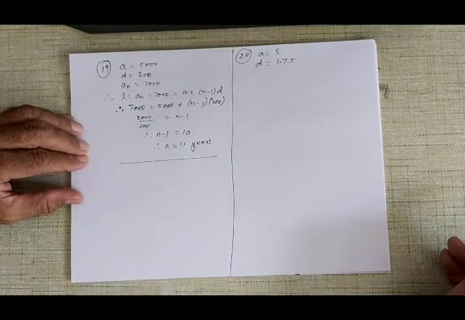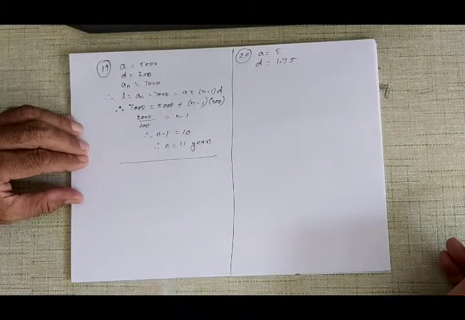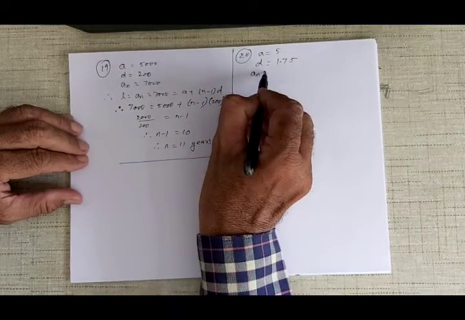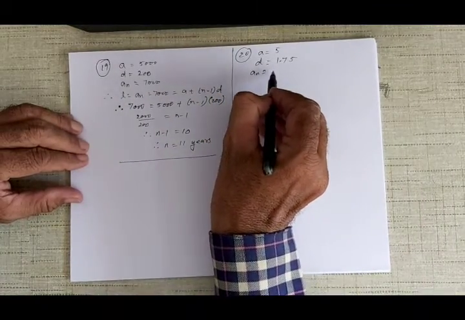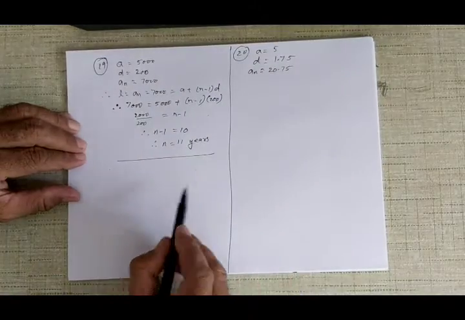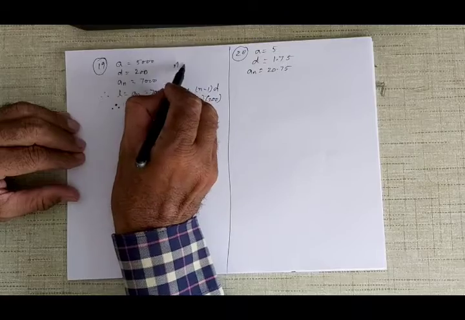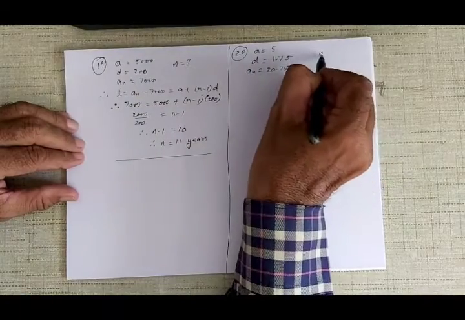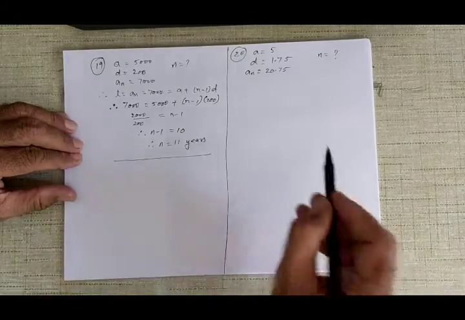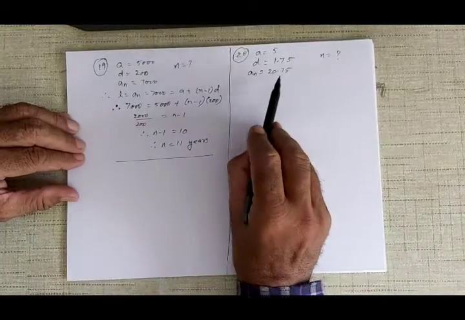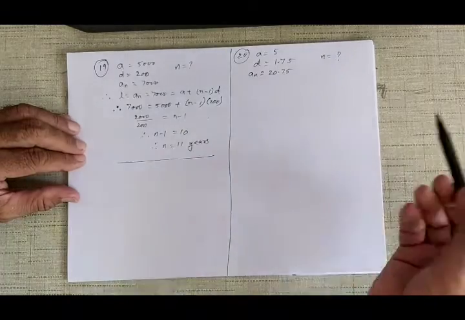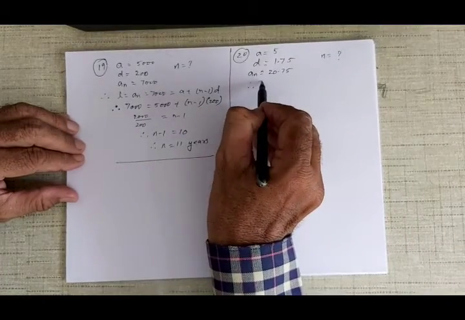She is to increase her savings. In the nth week, her weekly salary becomes, so her nth week में her salary becomes 20 rupees and 75 paise. Okay, so जैसे इधर हमको n की वैल्यू निकालनी थी, इधर भी हमको n की वैल्यू निकालनी है. Okay, then savings become, find the value of n. After how many years इसका ये 20 rupees and 75 paise उसका savings हो जाए? After how many weeks? Okay, so therefore here same thing.